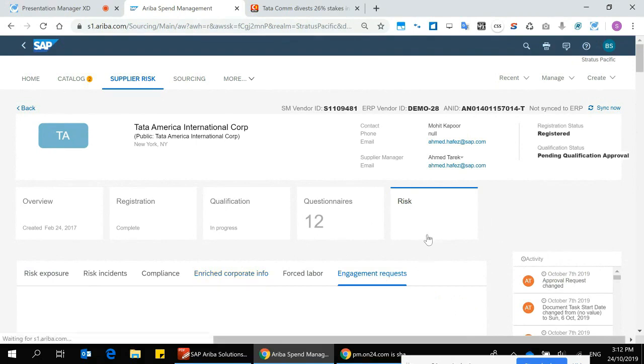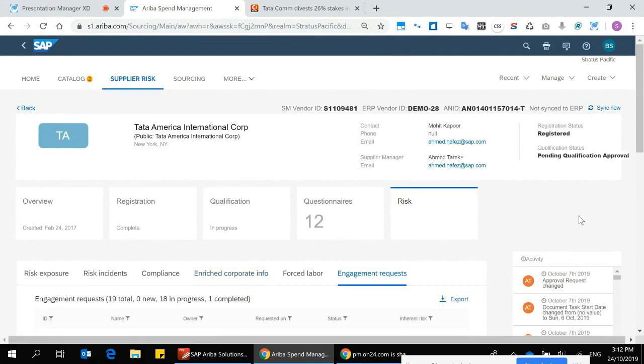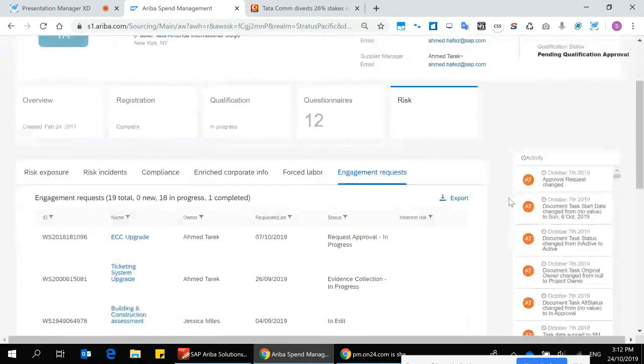So we're actually able to leverage something called engagement requests. This is where we go beyond just monitoring. We're not just here to monitor risk. We're also providing the key elements around that whole process management. We don't want someone to see a risk incident and then go chuck an Outlook email and write a Word document letter. We want that process to be in system so it's accessible, auditable. You can put it through a governed process.